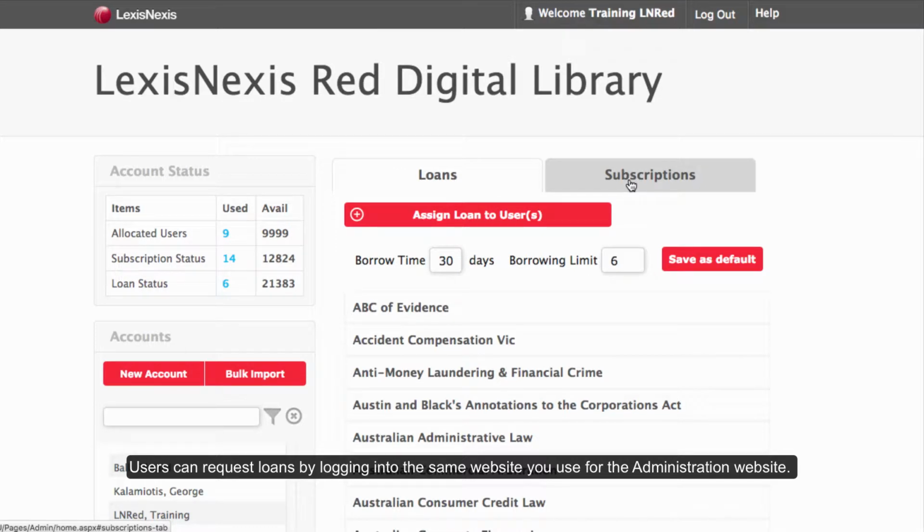Users can request loans by logging into the same website you use for the administration website. They need to enter their email address and password and can request the publication. However, many users may not be aware of this and will contact the library to request loans by phone or